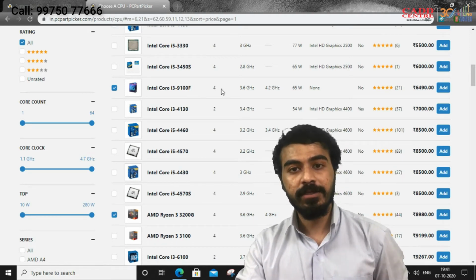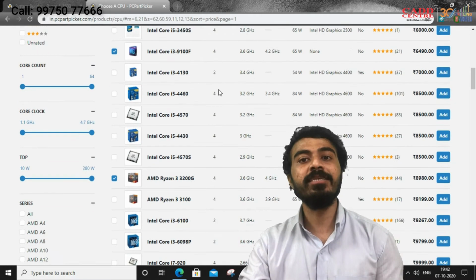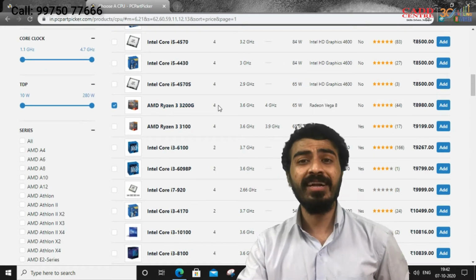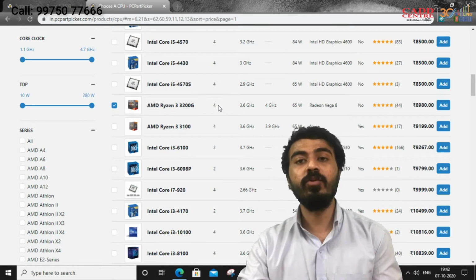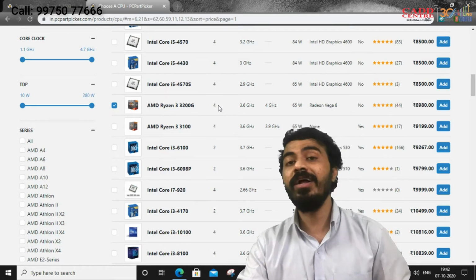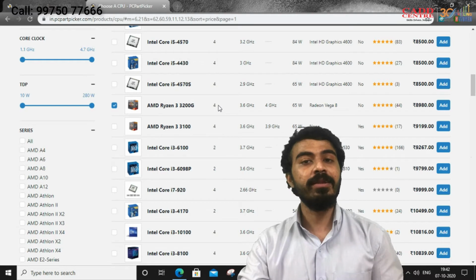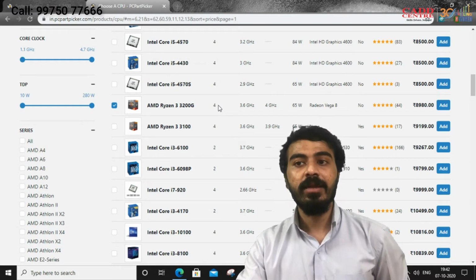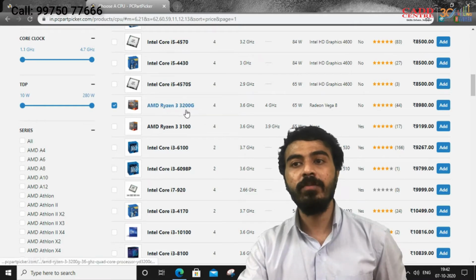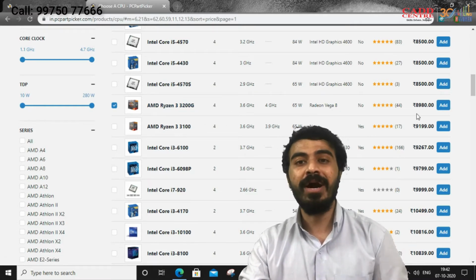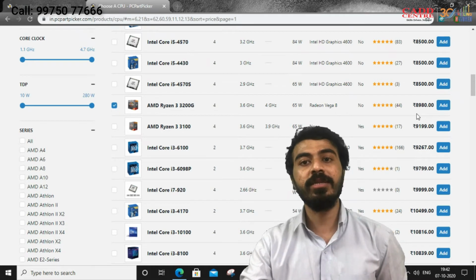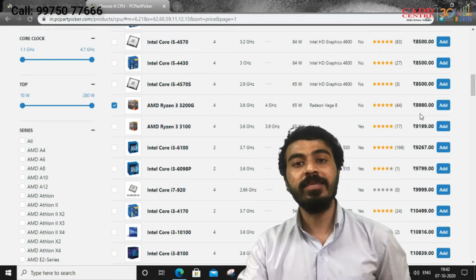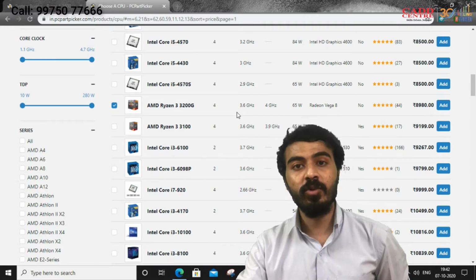If you select Ryzen 3, Ryzen gives you 4 core with 8 thread, then you have a total of 12 cores for processing. So you can do your task in minimum time with the help of Ryzen 3. Yeah, I know the price is too high now, but if you do some market research about Ryzen 3, you will get it outside for around 5,000 to 6,000 with the same specification. So don't worry, guys.